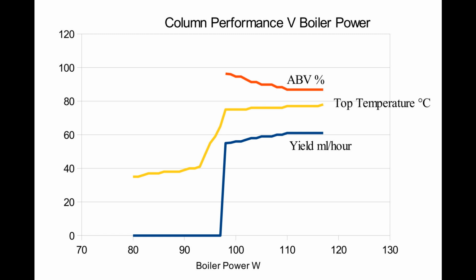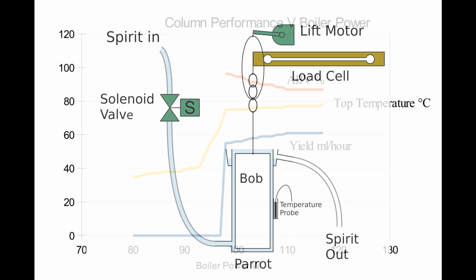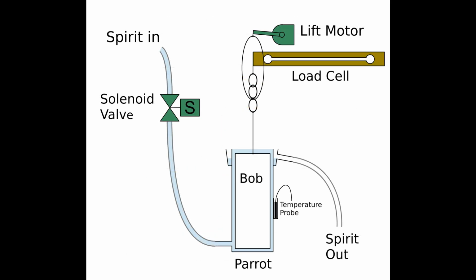A second disadvantage is that it's slow. In order to get high sensitivity with available load cells, I use quite a large bob, needing a large 35mm diameter parrot, which takes some time to fill with the still's low output. It takes a long time for changing alcohol concentrations to be reflected throughout the parrot. This can be improved by emptying the parrot after each measurement to avoid the slow mixing, but this adds further